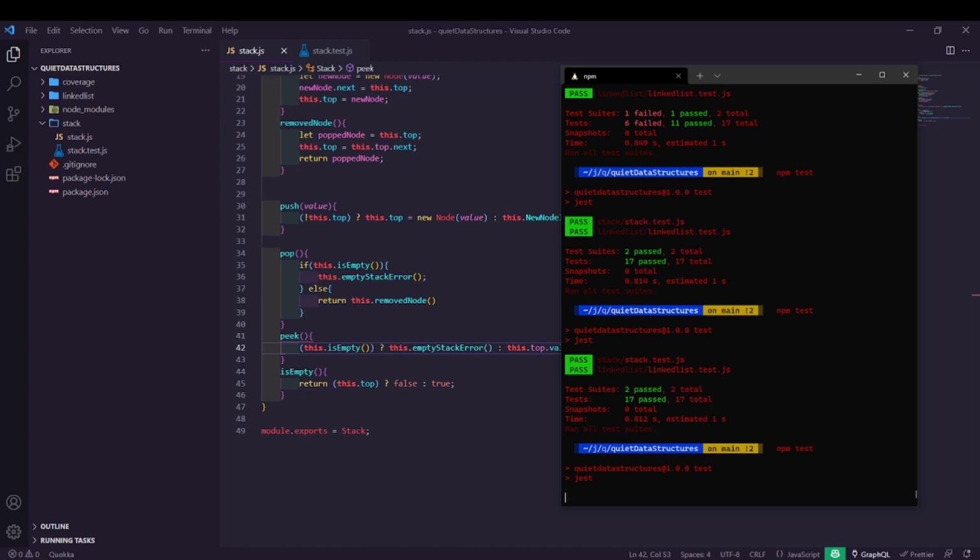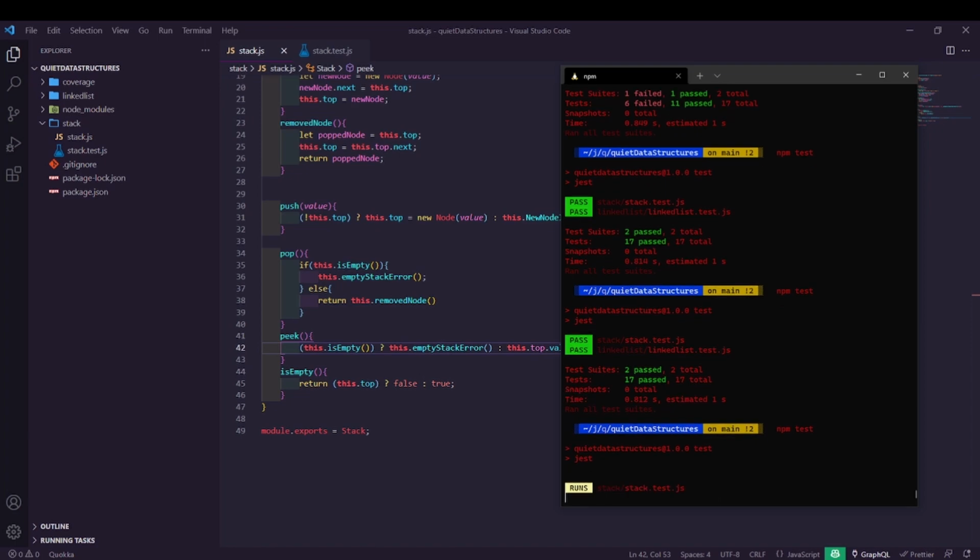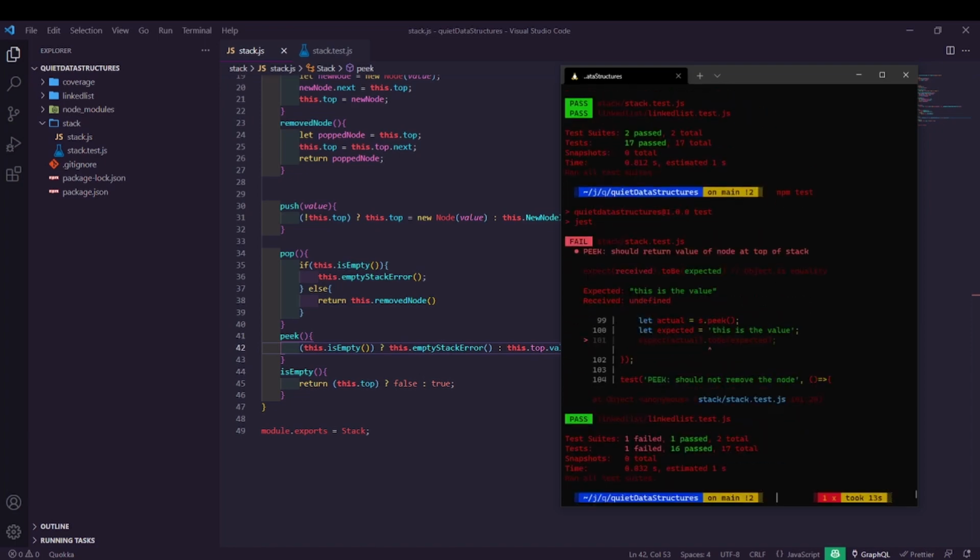What do y'all think? Did I break it? Yeah, one failing test. Should return the value at the top of the node at the top of the stack. So